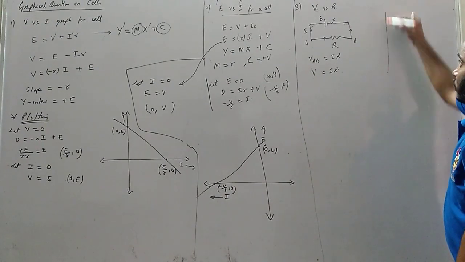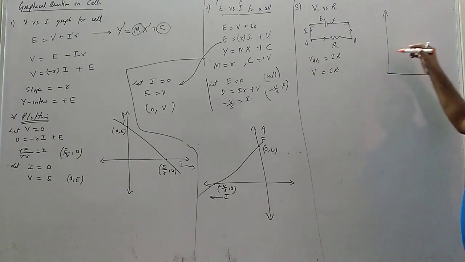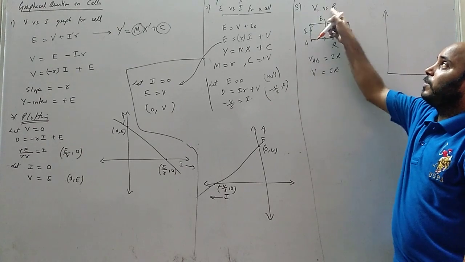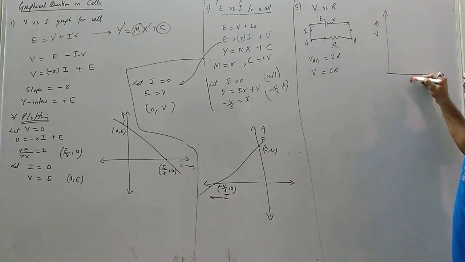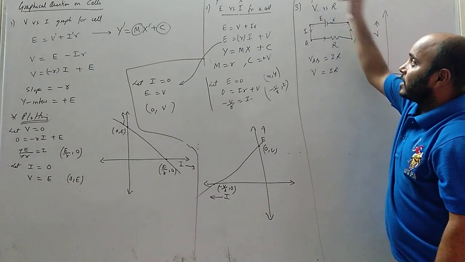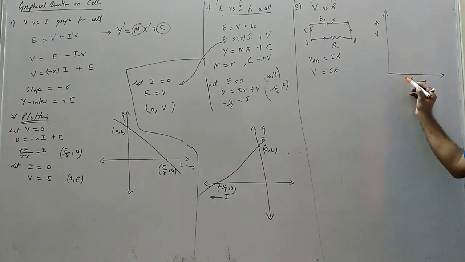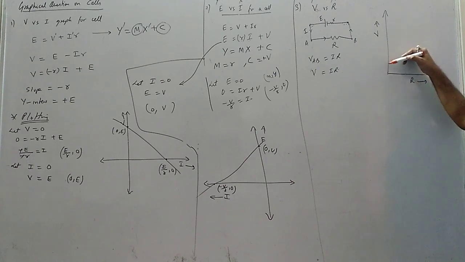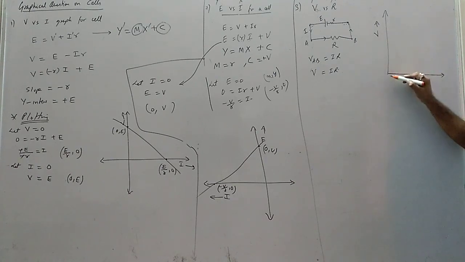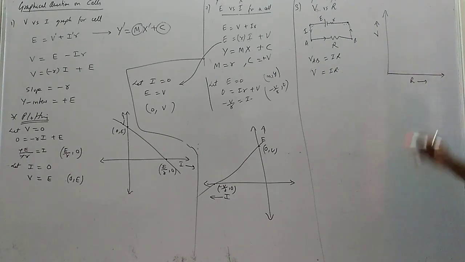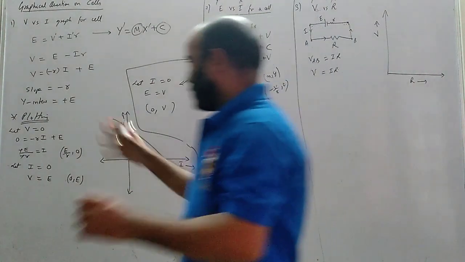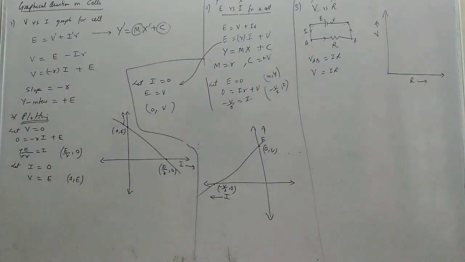Now see what I'm saying. What I'm trying to say is we want a graph of V versus R. This is V and this is R. First coordinate is the y-axis, second coordinate is the x-axis. Now to draw the graph, we need to change the value of R and we need to find the different values of V. And then we will plot those points and we will draw the graph. That is how we make graphs, right? Different values of R, different values of V.